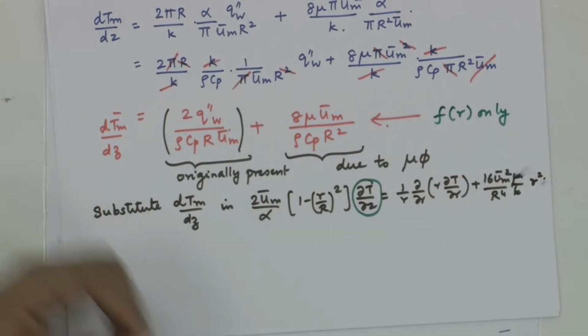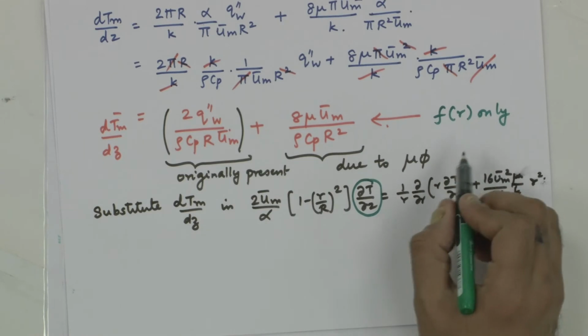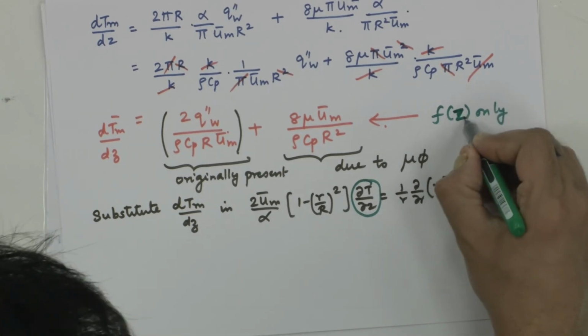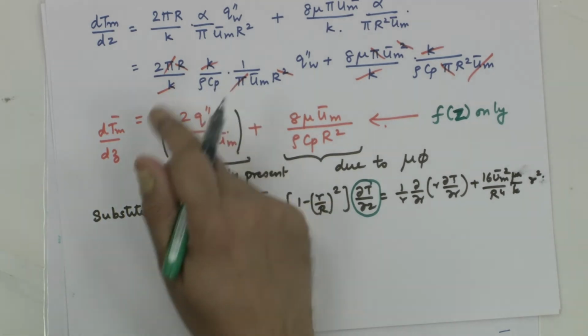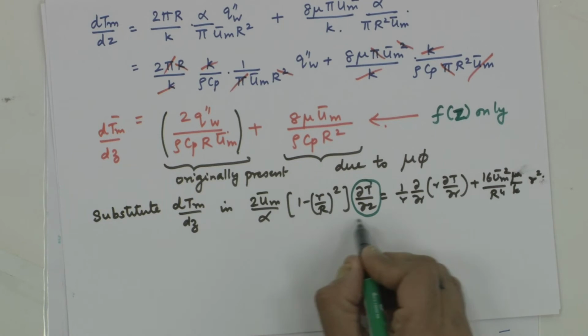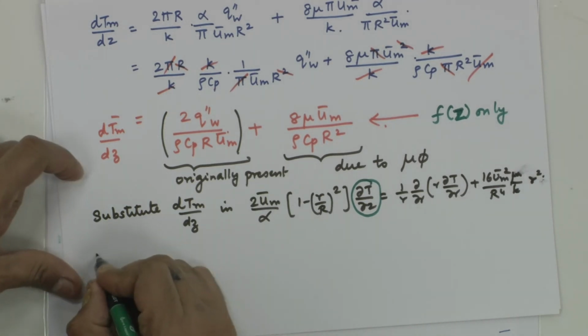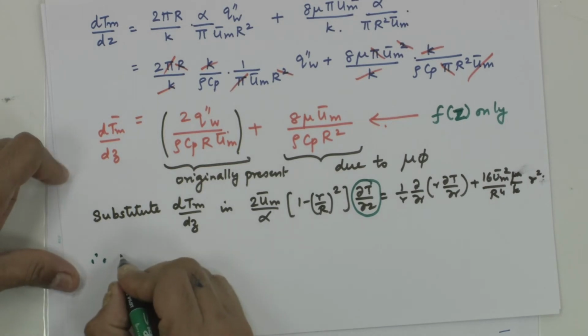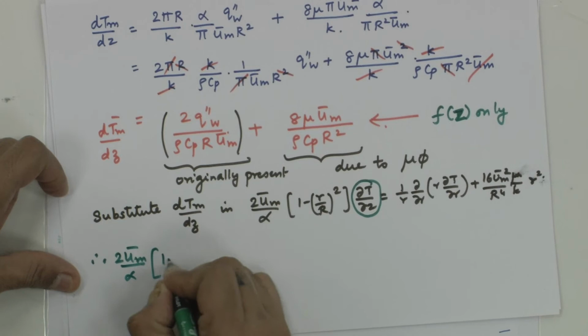If you can see, this is only a function of z, because u_m is a function of z. These are all constants with respect to z. This also is only a function of z. So, this whole quantity, when I substitute this, I would get 2 u_m bar by alpha, 1 minus